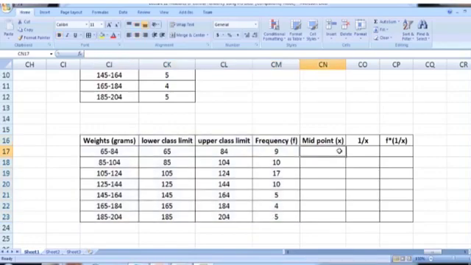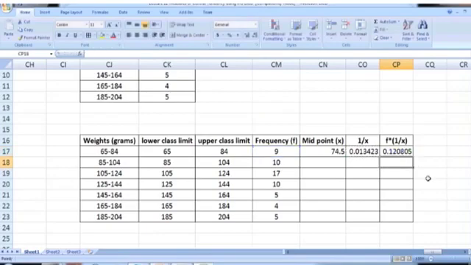We need to calculate the midpoint, which is the sum of lower and upper class limits divided by 2, and then calculate 1 over x, so 1 divided by this midpoint CN17, and then in the end we have to multiply this f with 1 over x, so CM17 times CO17.